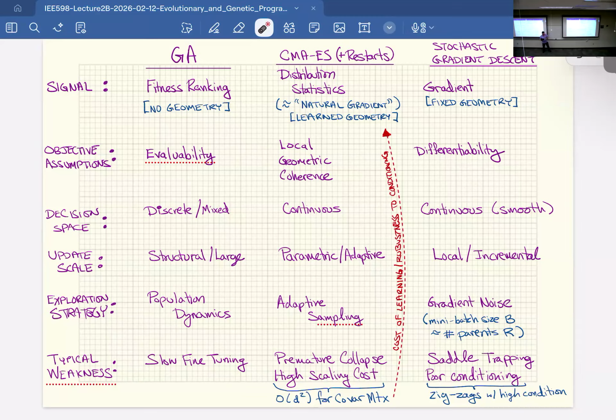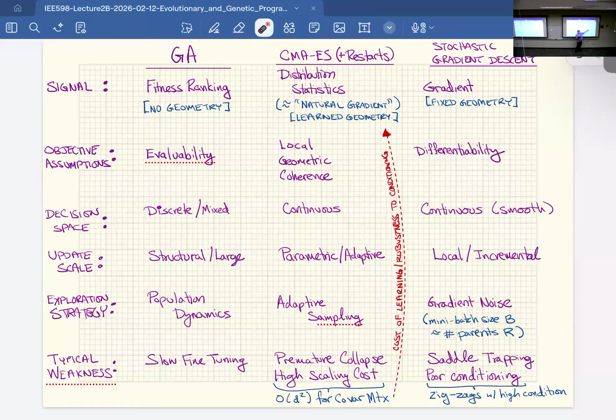It's detecting that when I walk in this dimension, a small step size gives me the same amount of information as a large step size does in this direction. And it rescales so that the gradient that CMA-ES feels is like that nice smooth bowl after the rescaling. That's why we say that the natural gradient, or CMA-ES, is robust to reparameterization. That's what prevents this poor conditioning problem.